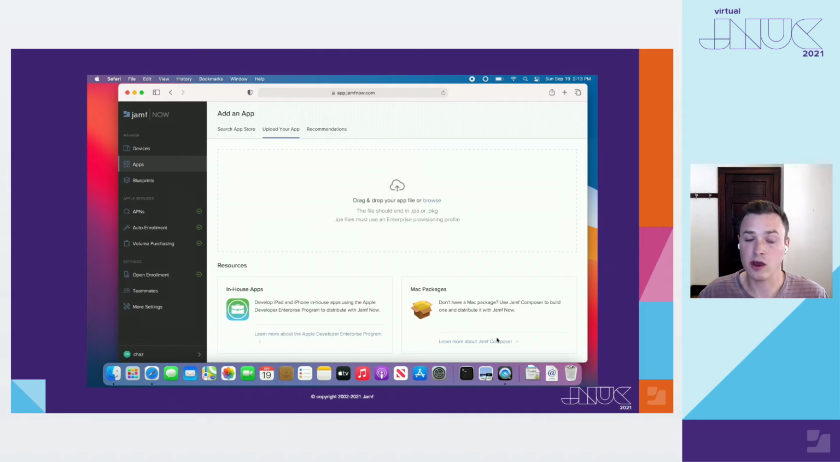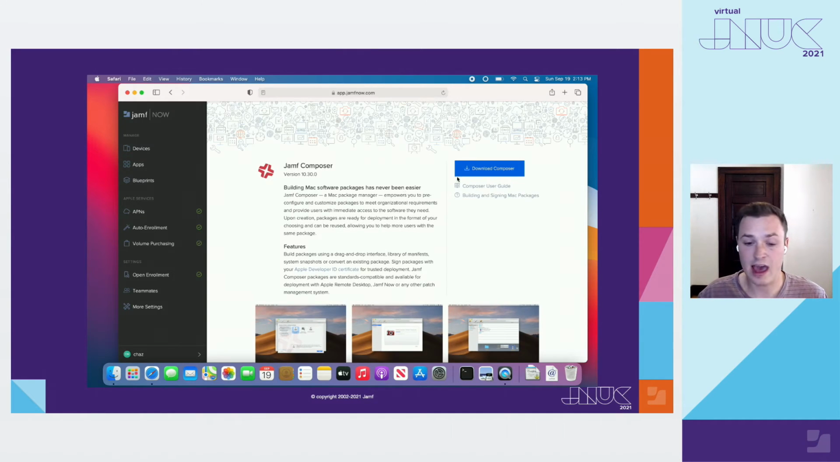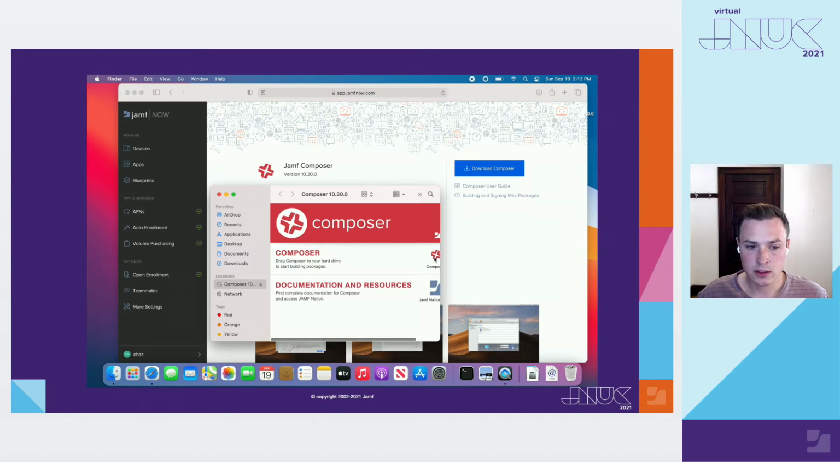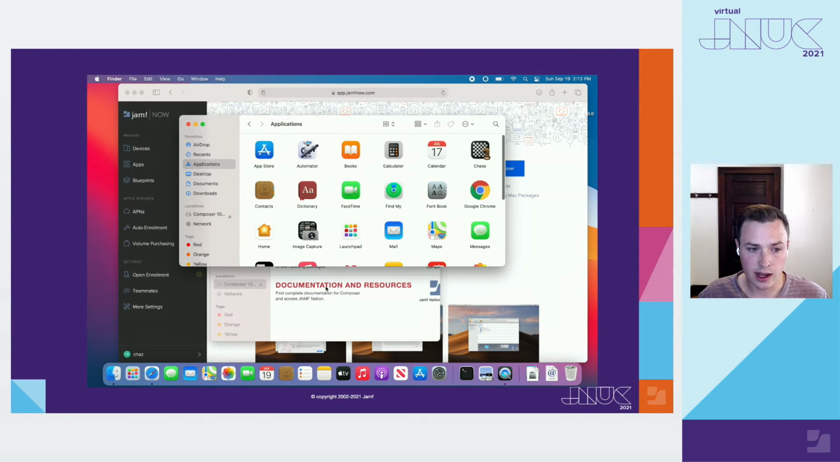So under the Upload Your App tab in Jamf Now, there's a Learn More About Composer, which brings you to this landing page where you can download Composer. Composer downloads as a DMG. You open up the file, which will open up the composer.app, and then you can place it anywhere on your Mac that you want. In this case, I'm going to open up a new Finder window,